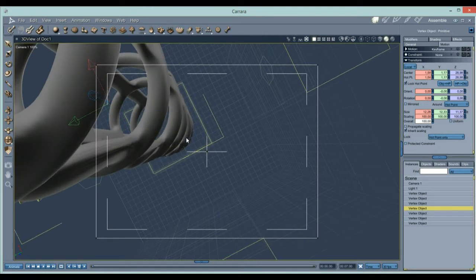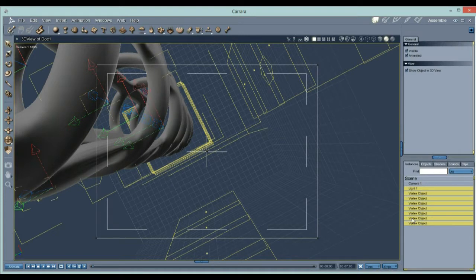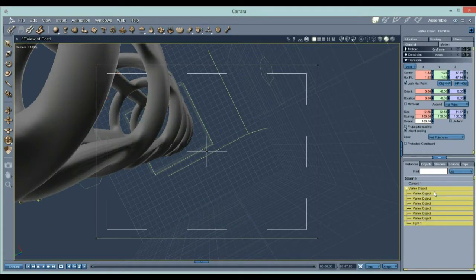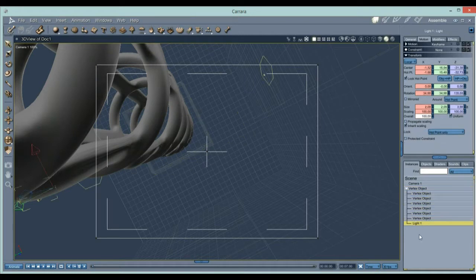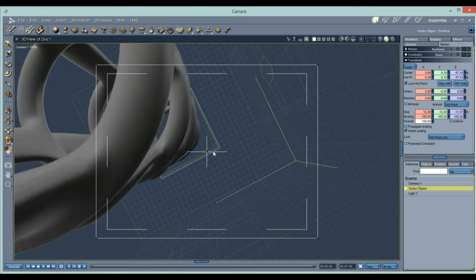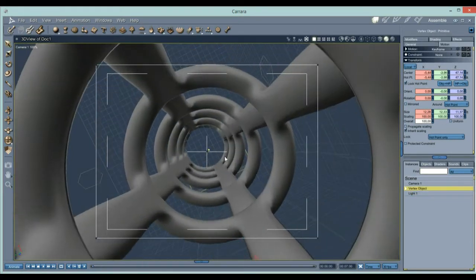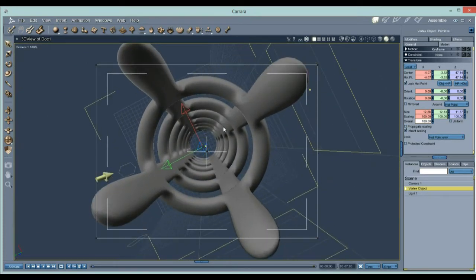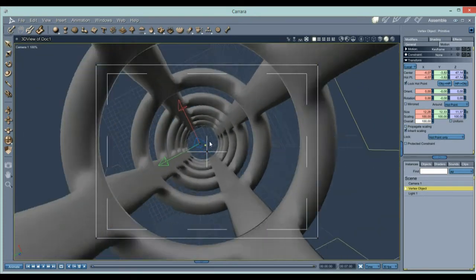Now I'm going to group them all together so I don't accidentally move one against the other, although that could be an interesting scenario too. What I'm going to do is, if I select the vertex objects here, they're all in there. I don't need the light in there, so let's drag that out and simply close that so the vertex object can be manipulated as one item. And so there it is. Here's an interesting tunnel,